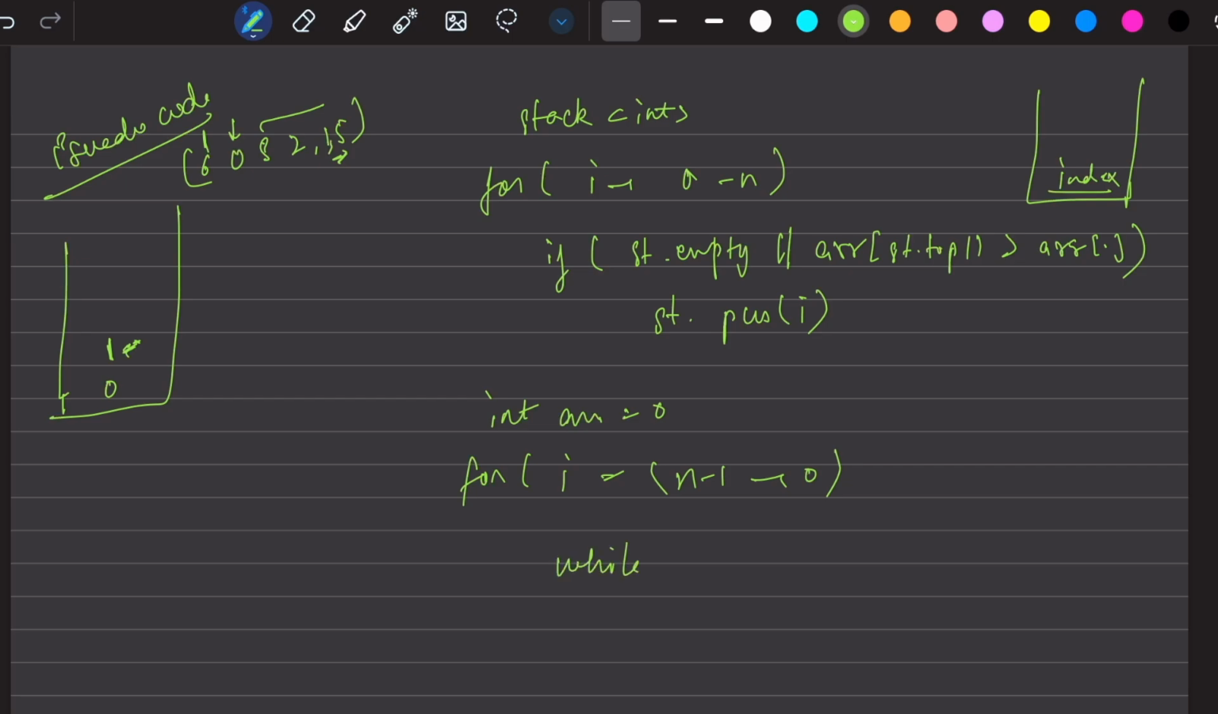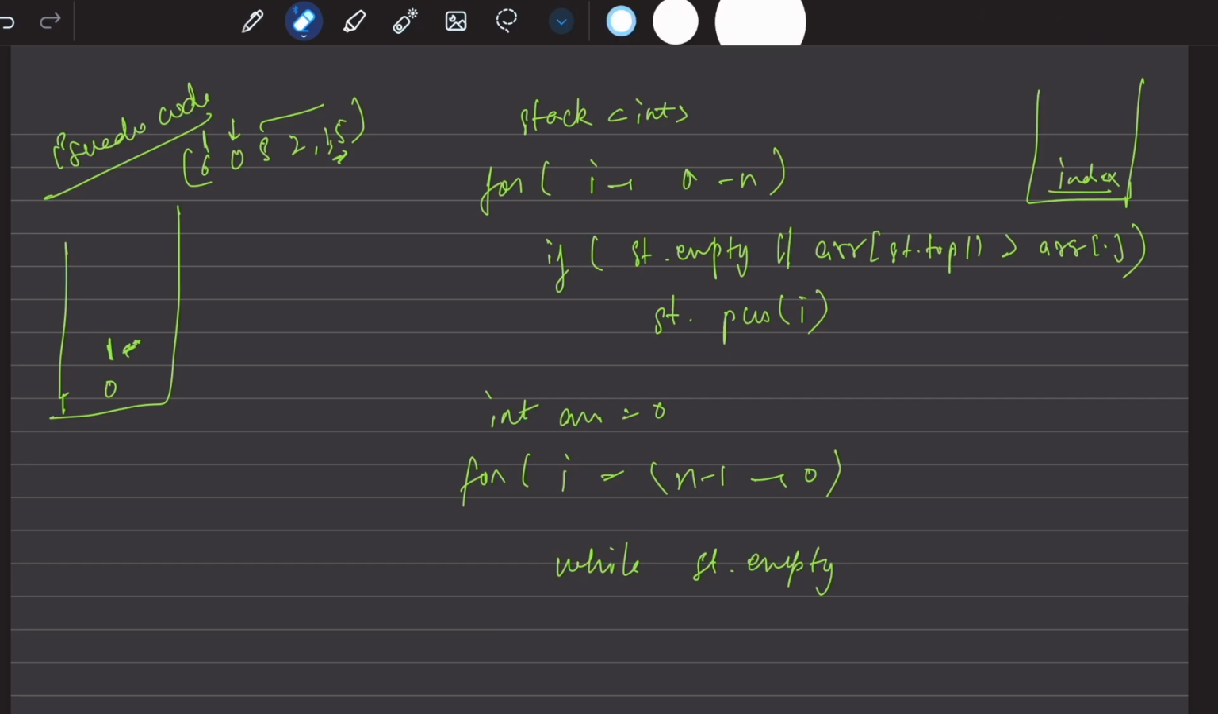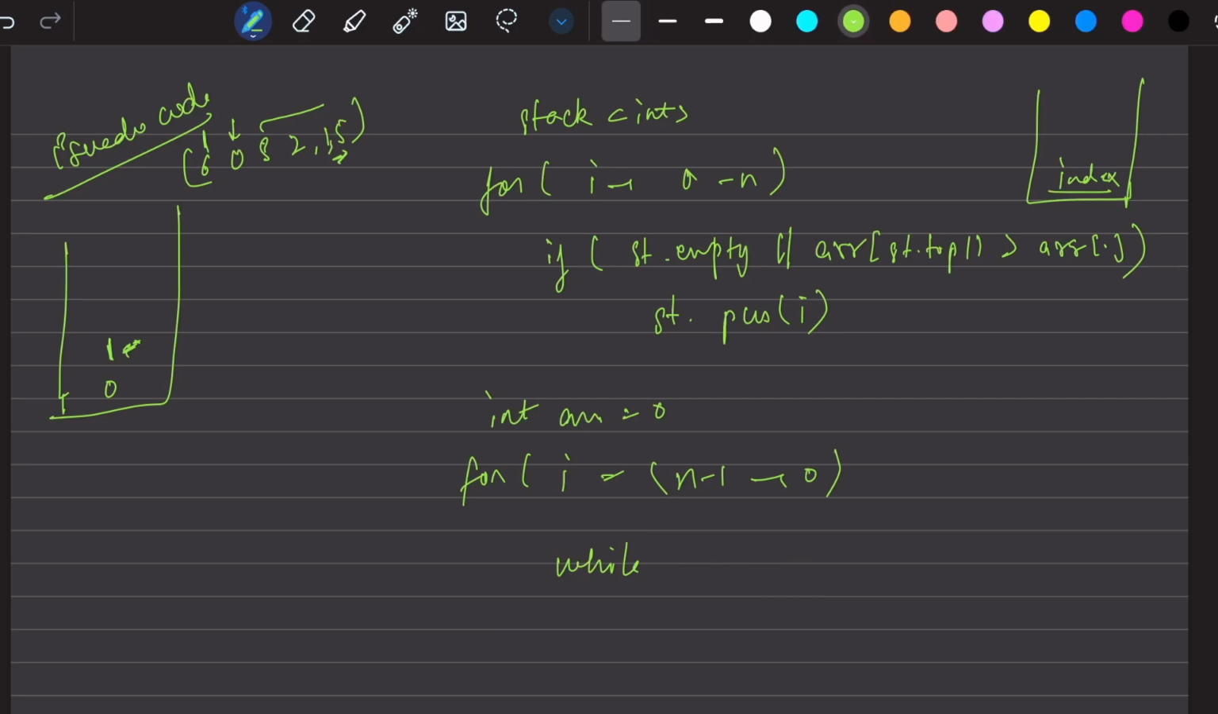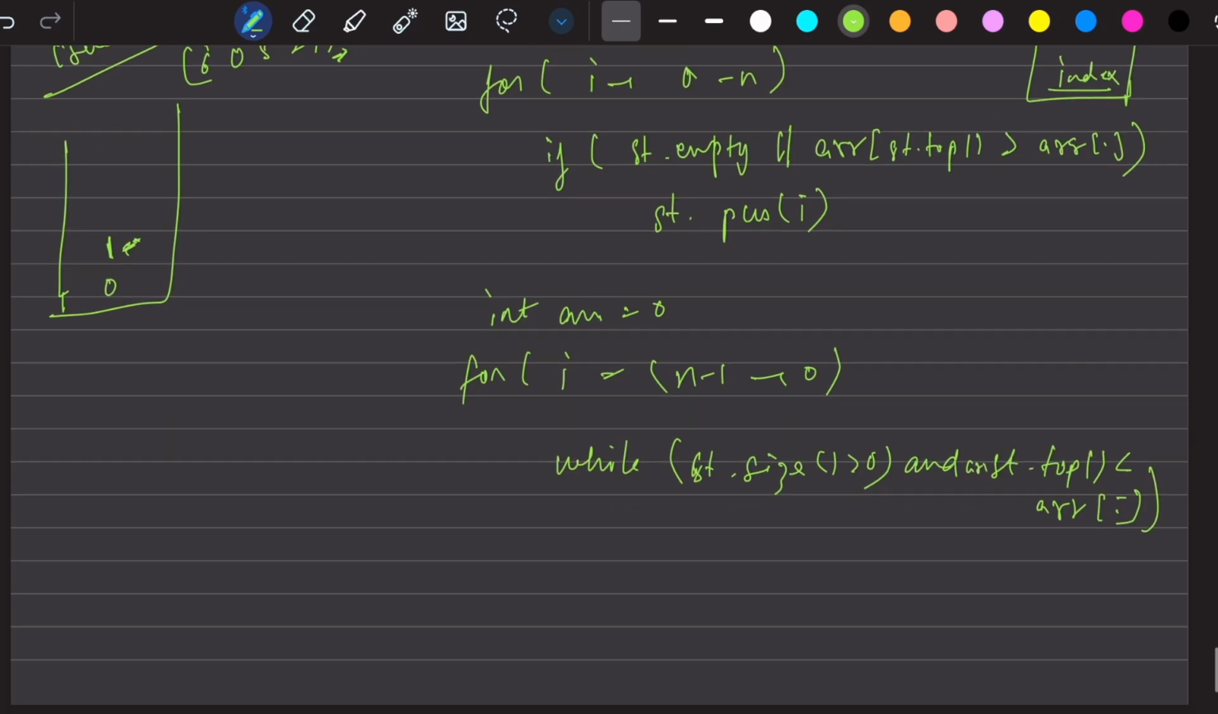So you have to check that the stack is not empty. How can you check? We will use this operation: while stack dot size is greater than 0, while the stack is not empty, and the stack dot top value is smaller than the current value, that is array of ith, which will also be array of stack dot top. If this is yes, then you can build your answer,